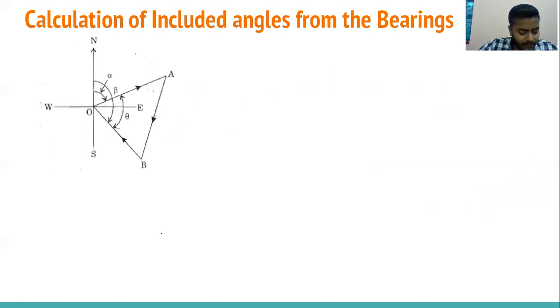So this is a very important figure you can understand. You can see in the figure here, two angles are meeting at a point. The traverse you can find out. What is the traverse? Here the traverse is A, O, B. Right? You can see the direction of progress of work. They are going O to A to B, B to O. Right?